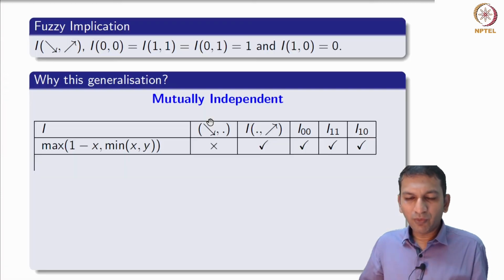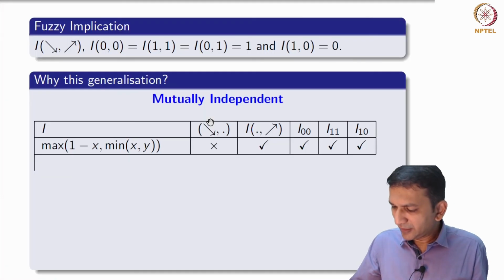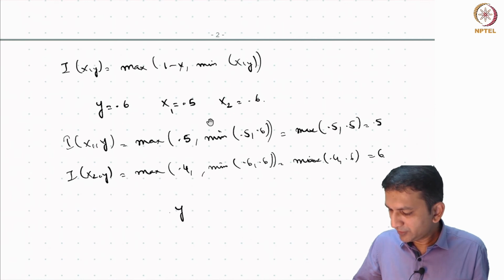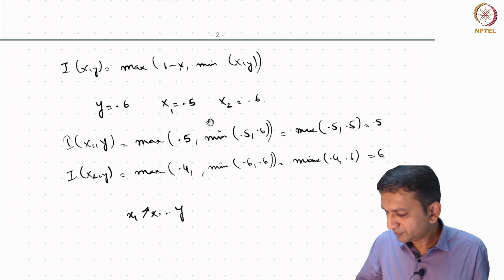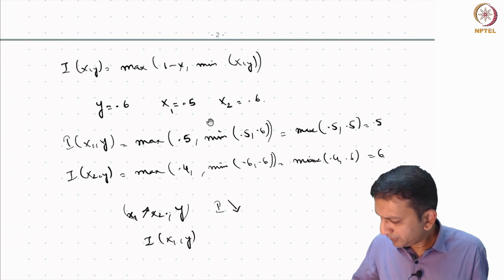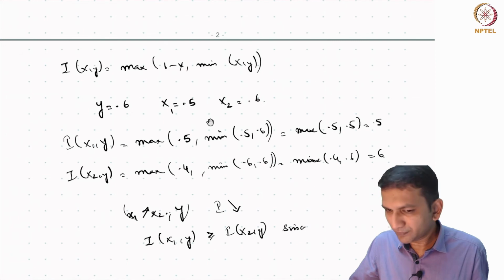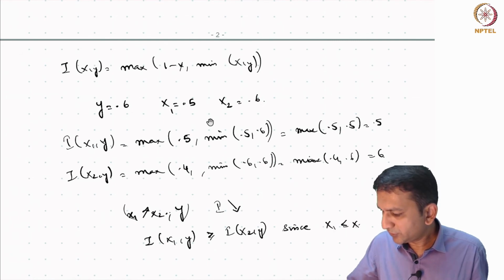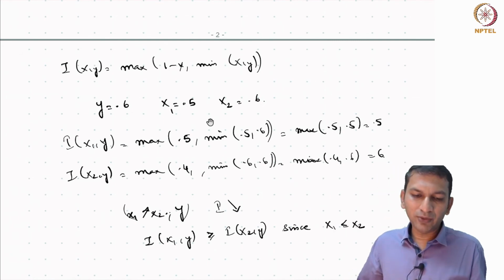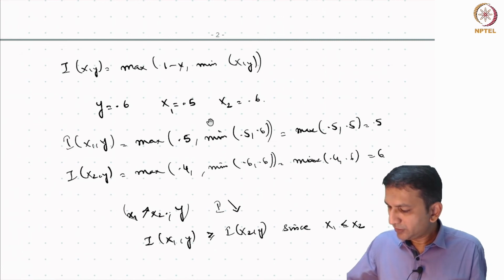Now remember what we want is, fixing y, we are seeing that x1 has gone up to x2, and what we want is the implication should actually be decreasing. That means I of x1 comma y should be greater than or equal to I of x2 comma y, since x1 is less than or equal to x2. This is what we want for I to be decreasing in the first variable, but as you can see here,